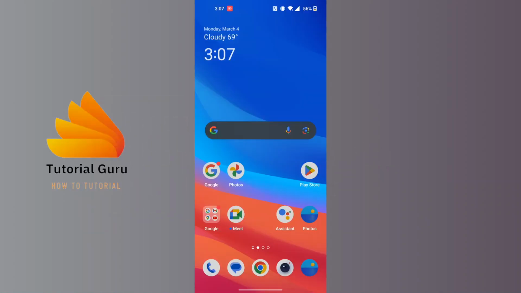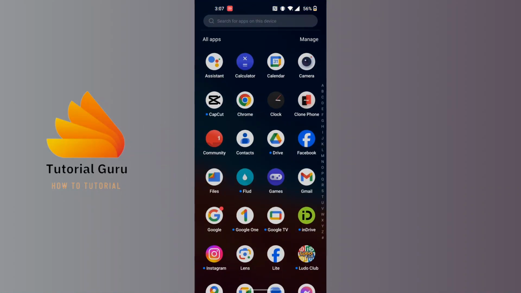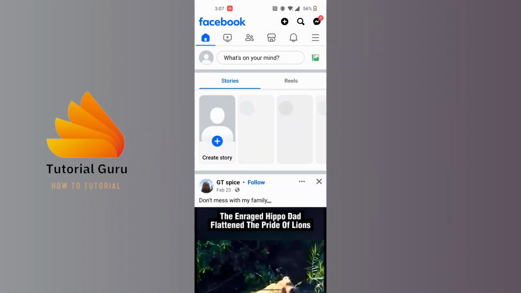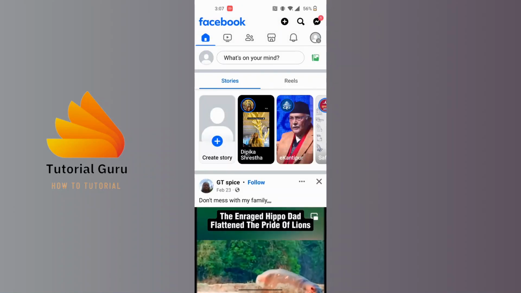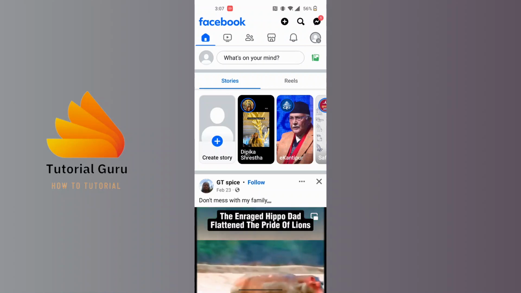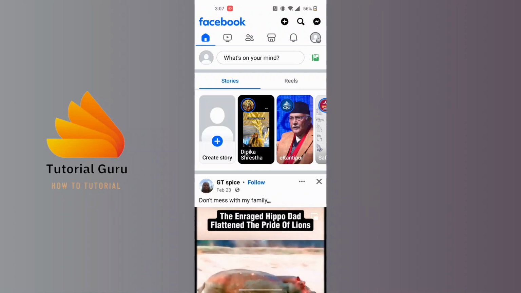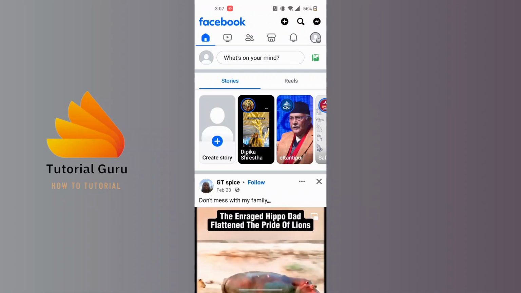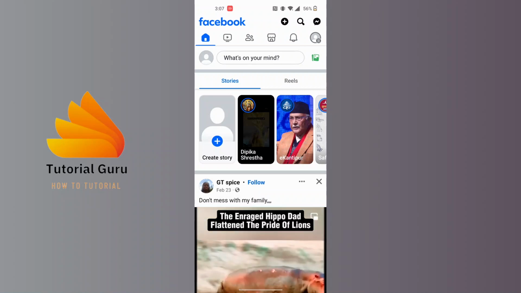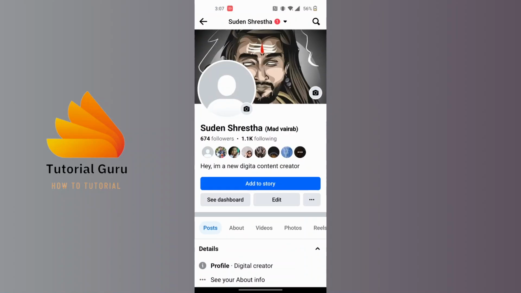Now to view old stories on Facebook, first open up your Facebook app and make sure to be logged into the account on which you want to view your old Facebook stories. Now from over here at the top left corner of the screen, you can see your profile picture just below the home icon. Tap on it and you will be on this kind of interface